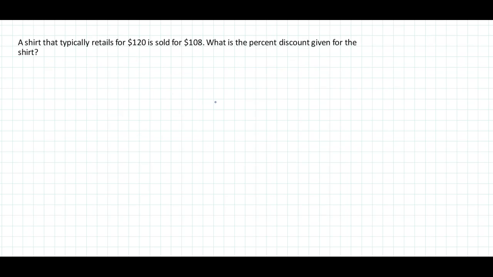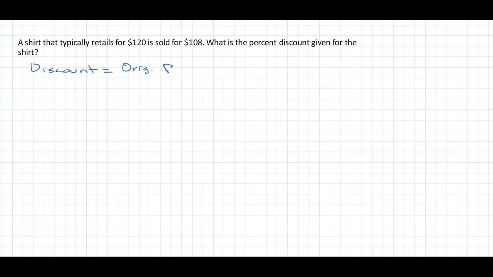Now, a shirt that typically retails for $120 is sold for $108. What is the percent discount given for the shirt? So let's go ahead and calculate the discount first. Our discount is going to be